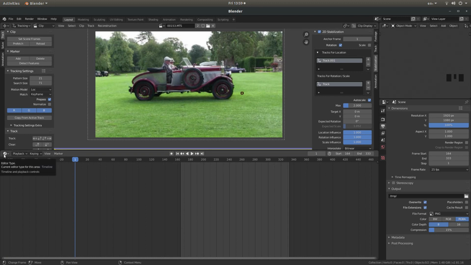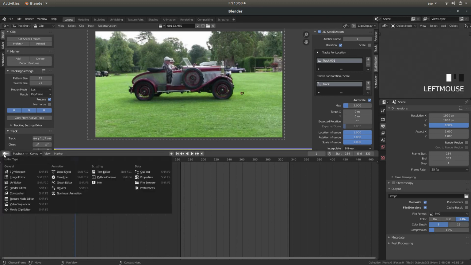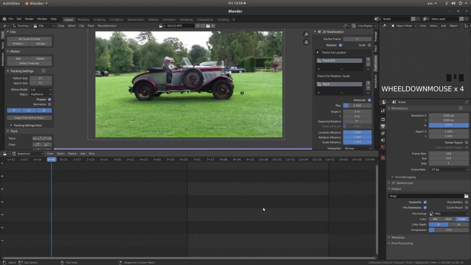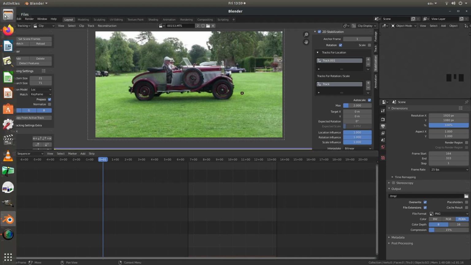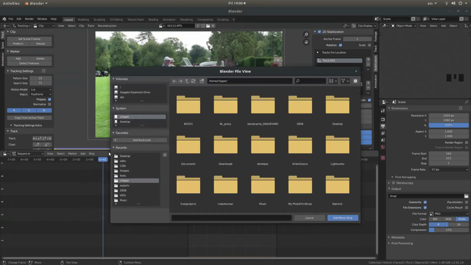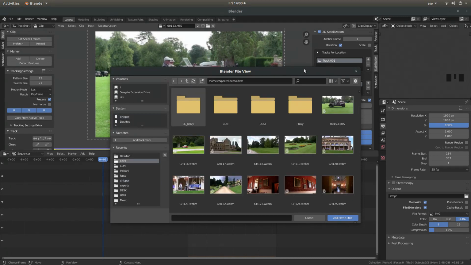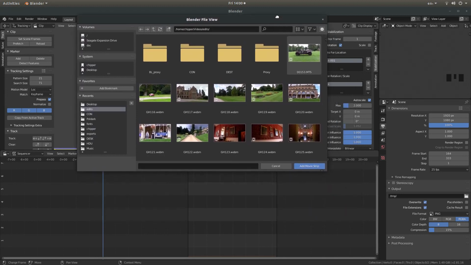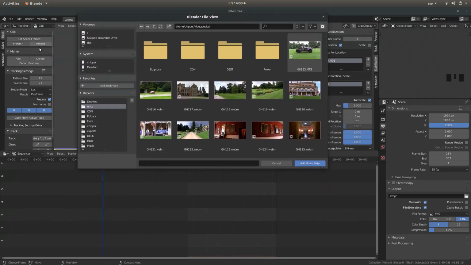So all you need to do now is go into the timeline button, and this time what you want is the video sequencer. I'm going to roll my middle mouse, and you've got an option. You can either click on add and then go movie, and then navigate to the folder where your movie was stored, and also you can use the browser, and also you can just drag it in from here